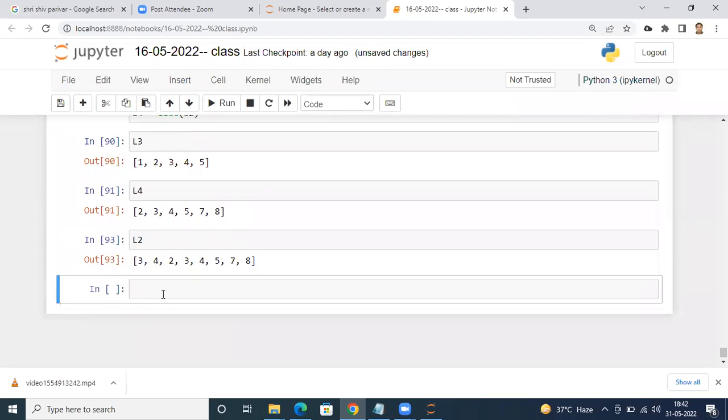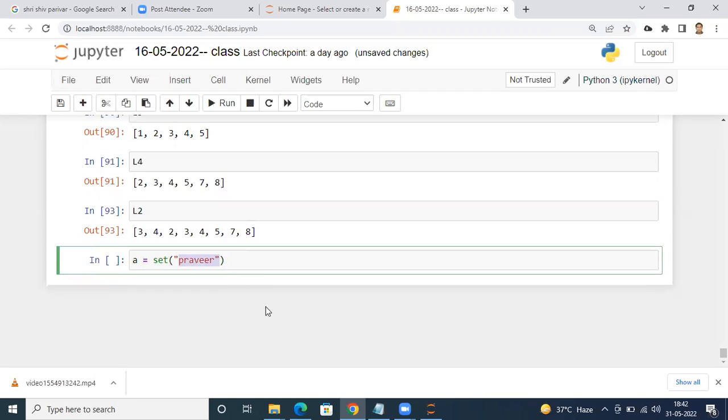Suppose a variable name is A, and I use the function set. I want to create a set, but I am passing an iterable here. Suppose my name, Praveer, which is a string, can be passed here. What it will do is give me a set of the elements of this, but after removing duplicates. If I execute this and check my A this time,